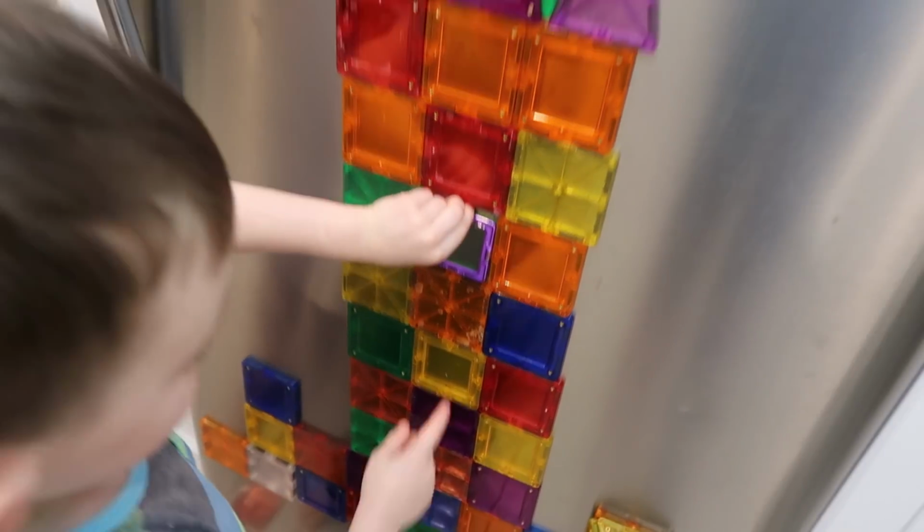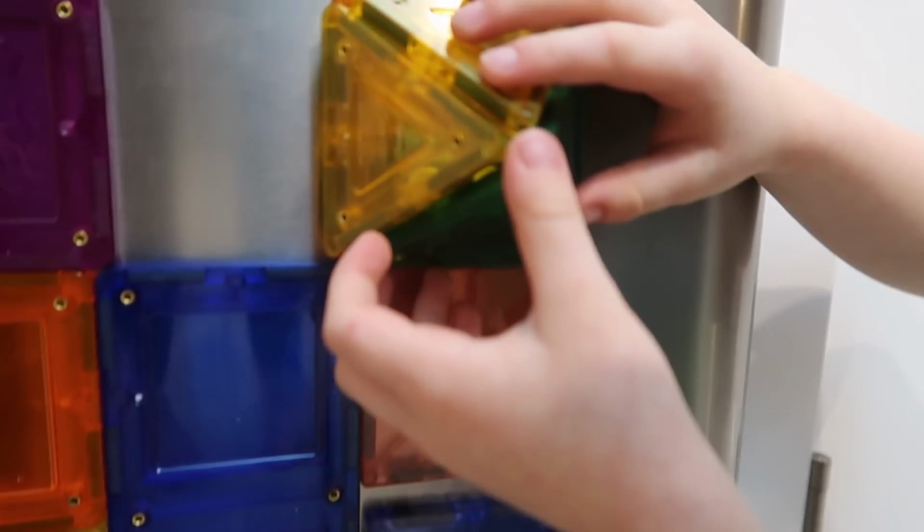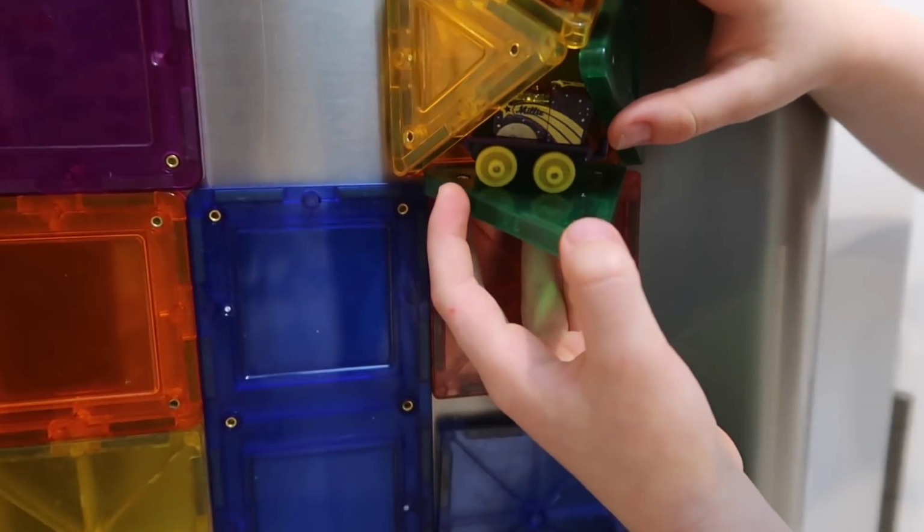He'll build these elaborate, really cool towers with all these different transformers and little goodies in these compartments, and then you have to use the grabbers to try and get the toy without knocking the rest of the building down. He's genius. It's basically like the claw game, but we have it in our own house and we get to play it all the time. They also like to make two-dimensional tower buildings on the fridge that are really cool to look at,